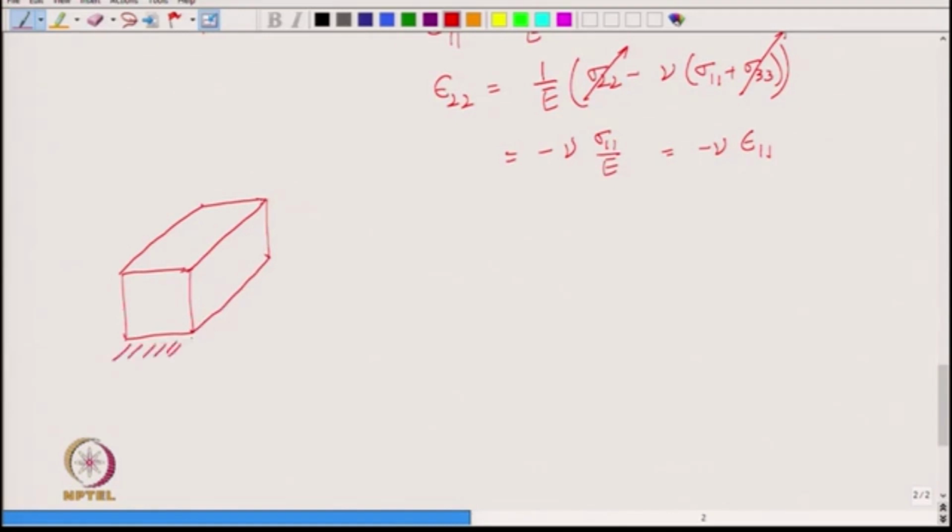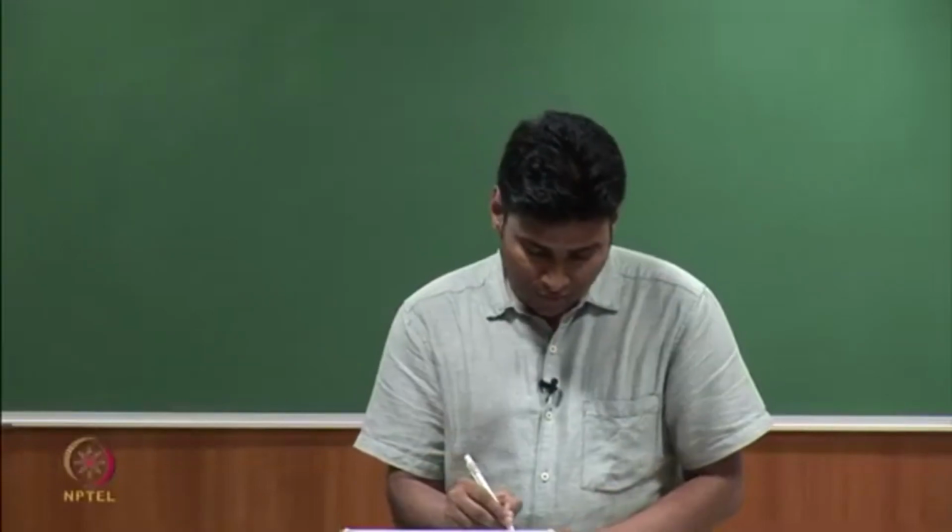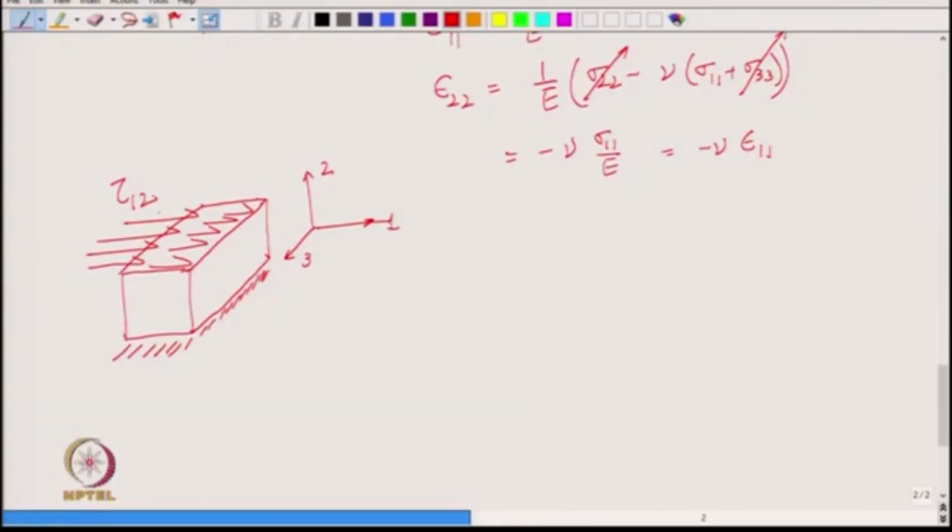and you clamp on the lower side, the bottom area you completely clamp it, let us say you glue it to the surface, and let us say this is one direction, this is two direction, and that is your third direction, and you apply shear force on the top surface. So, the top surface is surface with normal 2, is not it, E2. So, it is the E2 surface and you are applying force in the one direction. So, this is tau 1 2, right,